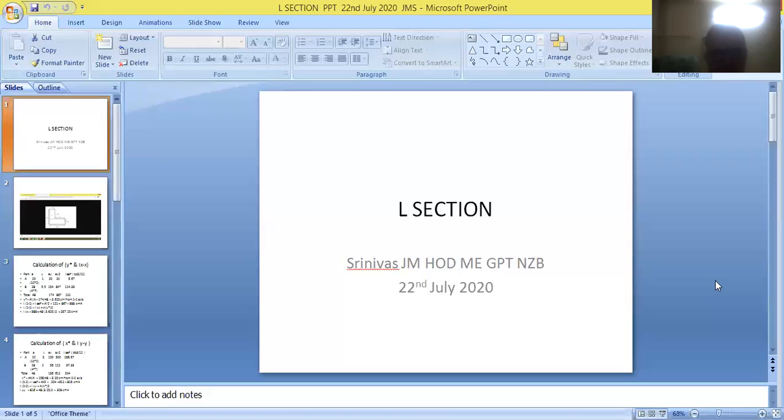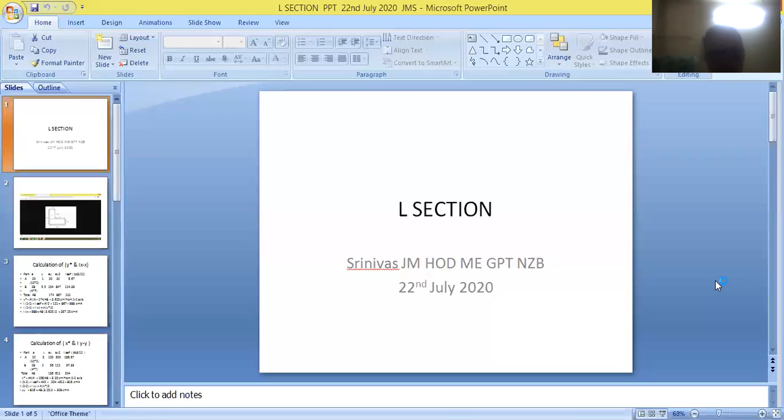Similarly, other sections are also made in different forms. If the area of cross section is in the form of letter T, it is called a T section. If it is made in the form of a letter L, it is called L section. Sometimes it is made in the form of a letter I, it is called I section. And finally, if it is made in the form of letter C, it is called C section. It is also referred to as channel section.